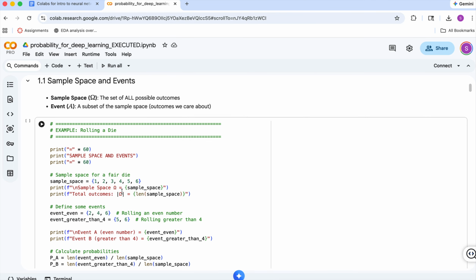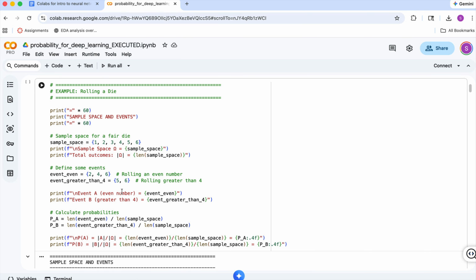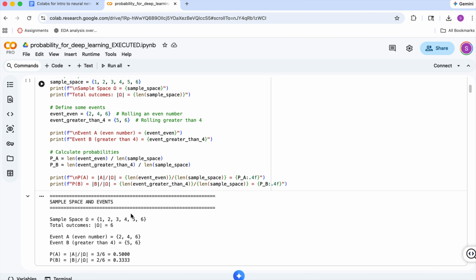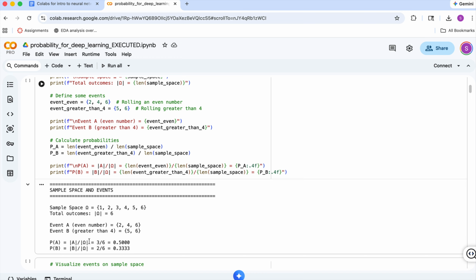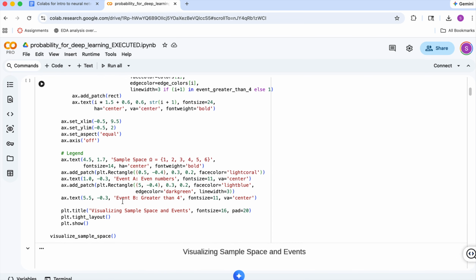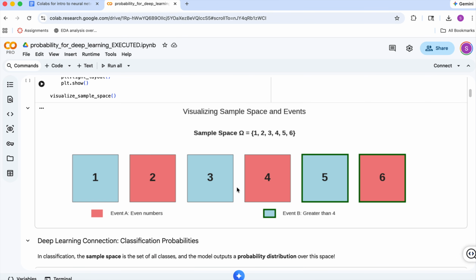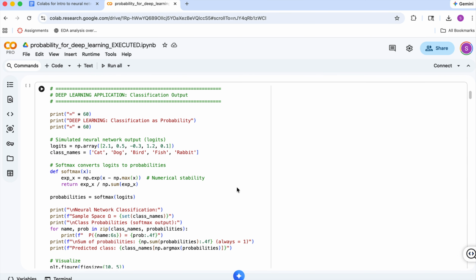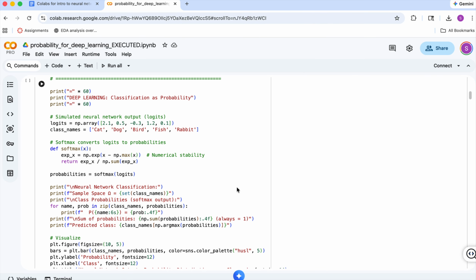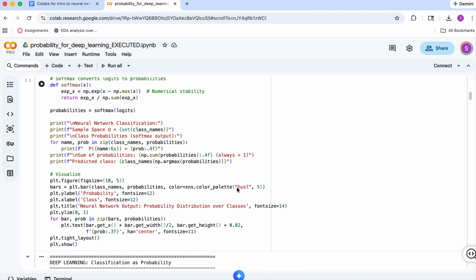And in the next cell, sample space and events, I'll take a die roll as an example. This cell defines the sample space for rolling a fair die as a set of outcomes 1 through 6. Then it defines events such as rolling an even number or rolling greater than 4. Next, here I draw colored rectangles representing each die face, highlighting which belong to each event. And next, this cell connects probability theory to deep learning by showing how a neural network's logits are converted